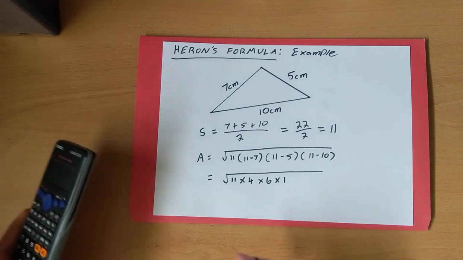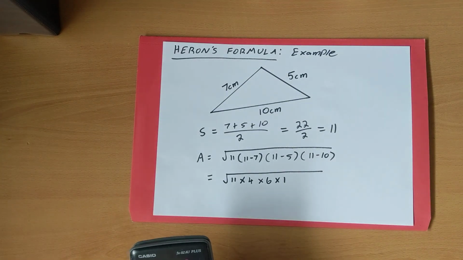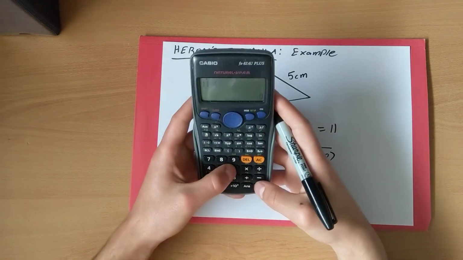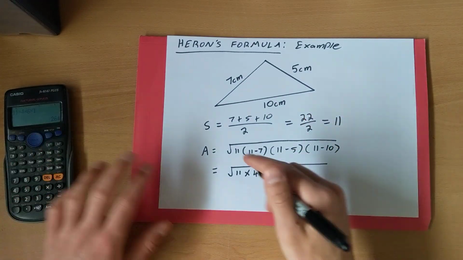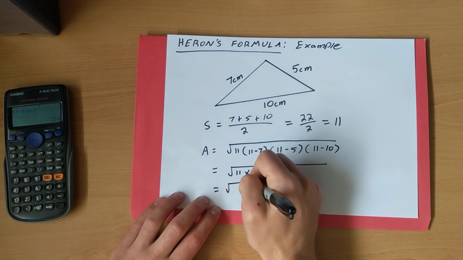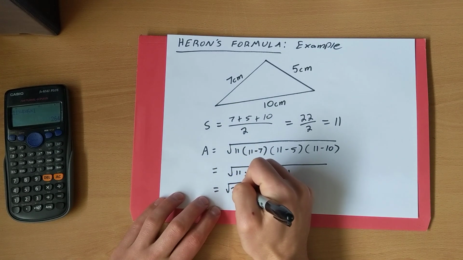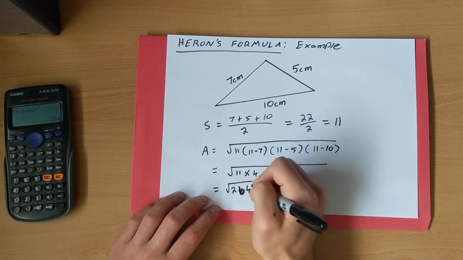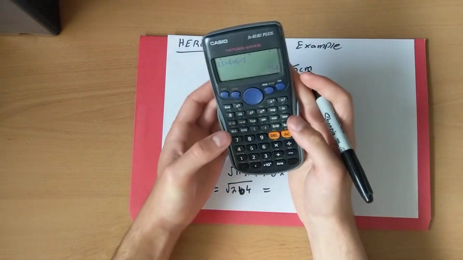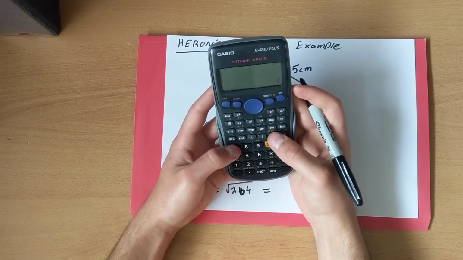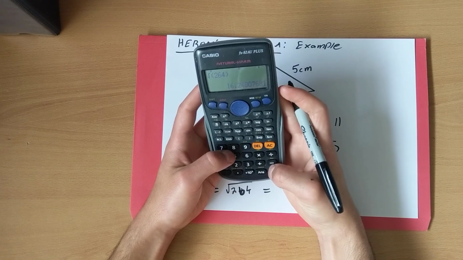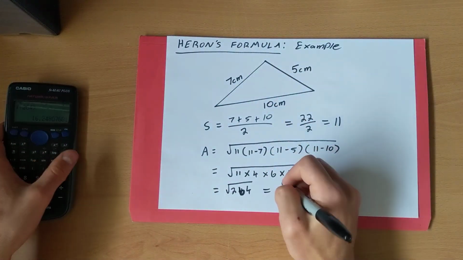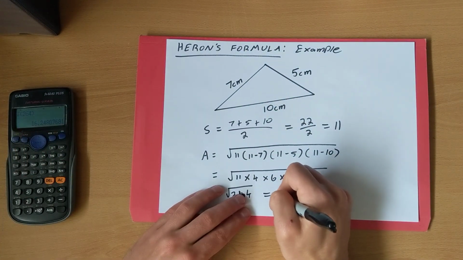Now 11 times 4 times 6 times 1 gives me 264. So the area of this triangle is the square root of 264. And if I put that into my calculator, the square root of 264 equals 16.25. So the area of this triangle is